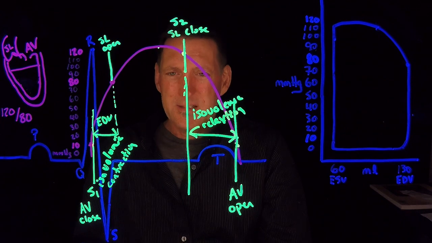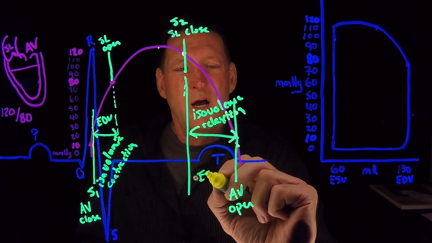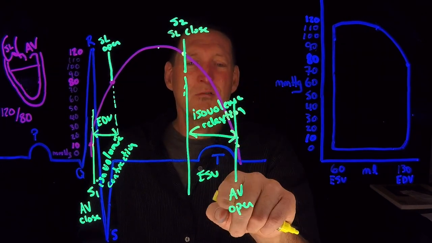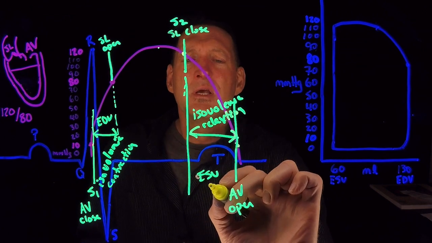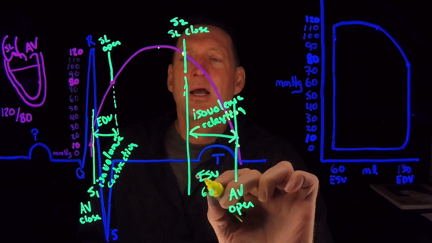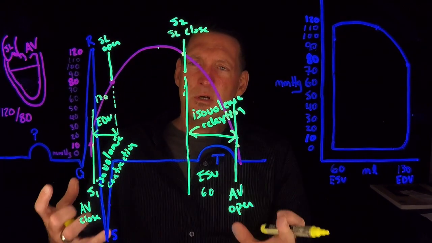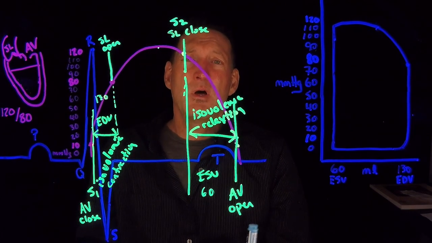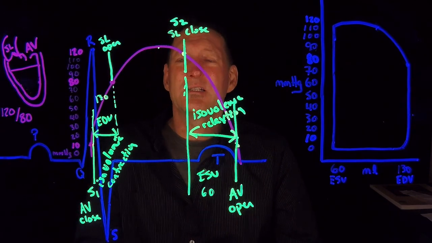Now, the other thing that's taking place is I have my end systolic volume in here. I can put my end systolic volume anytime between the closing of the semilunar valve and the opening of the AV valve because the volume doesn't change. So this tends to be about 60. All right. Over here, the EDV tends to be about 130. That means during this time, what I did is I changed the volume of blood. So during this time, what's happening is this: